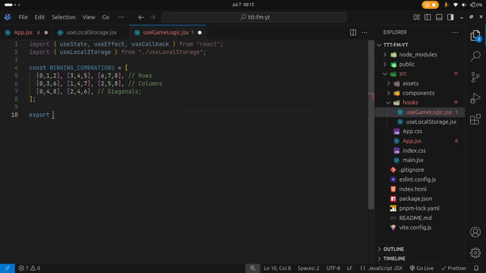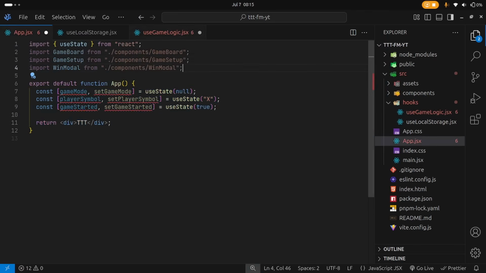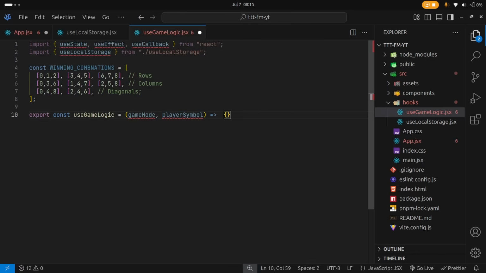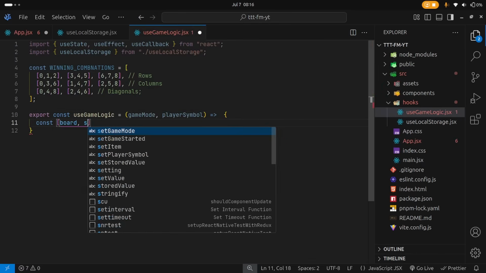We're going to say export const useGameLogic, like so, and then useGameLogic is going to be an arrow function, but it is going to be taking a few things. So it's going to take in the game mode, as well as the player symbol, which if you remember we defined in our app right here. So game mode and the player symbol, and then we're going to do const board and setBoard